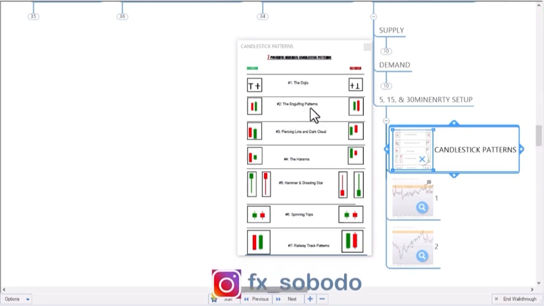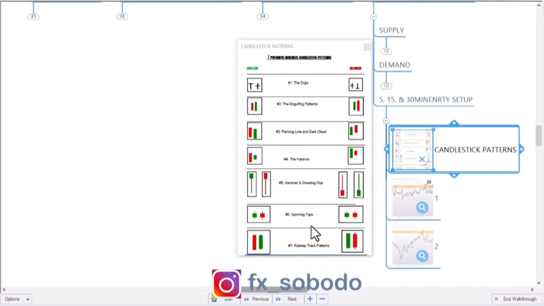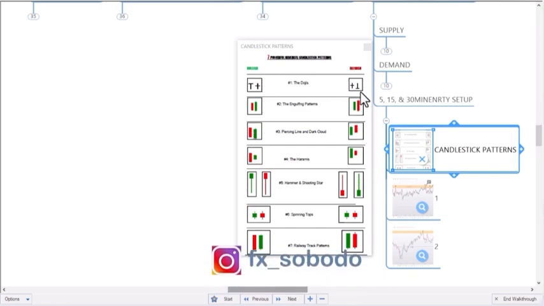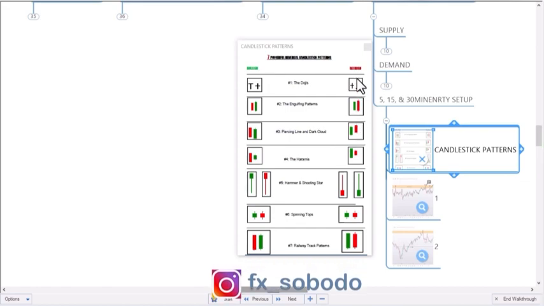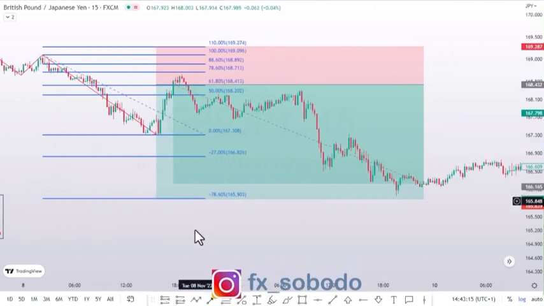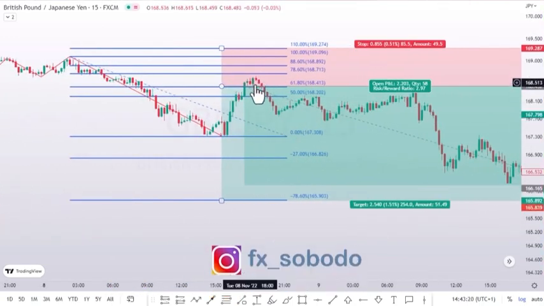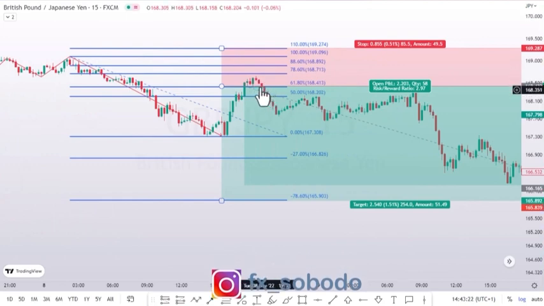Doji, the engulfing pattern, piercing line and dark cloud, the hammer and shooting star, spinning top, and so on. When it forms in this manner, these are for bullish, and here on the left are for what? Bearish. So here, if you noticed, what candlestick pattern formation will give us a confirmation in order to enter this trade? As you can see here,